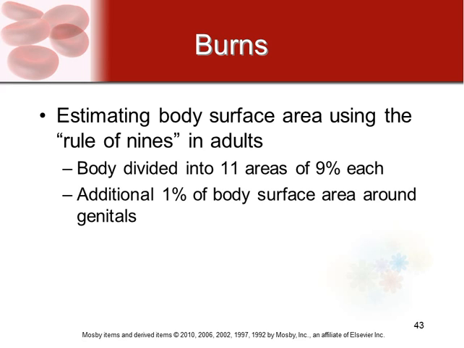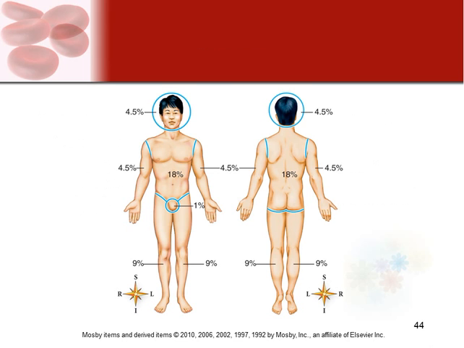For the rule of nines, we divide the body into 11 different areas of 9% each. Then we add an extra percent of body surface area for the genital area. So that's 1% to finish up and round it out to the complete 100%. So here's a picture. Your head total will be 9%. And then the front of your arm and back of your arm, so one whole arm is 9%. Genitals, remember, are 1. The front of your leg is 9%, the back of your leg is 9%, and then